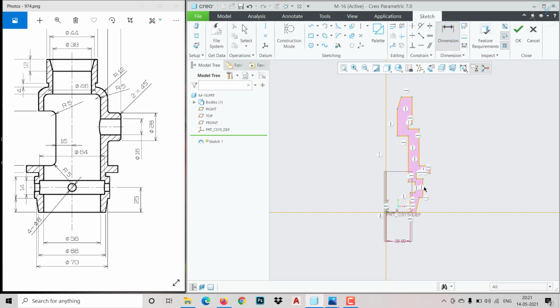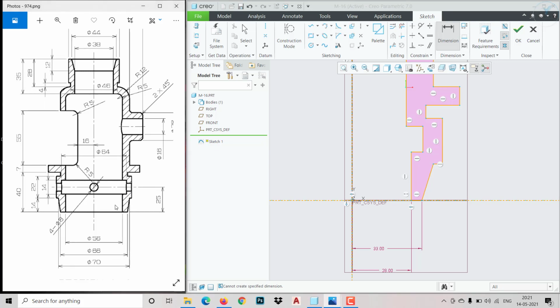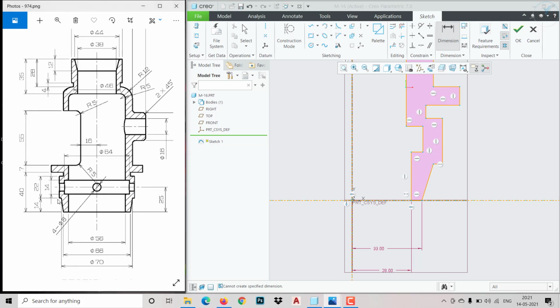Let me start from the outer. Here it is 28, and this one is 66, so that means it would be 33 from here to here. Let me make that, and the center line I can't do now. You can see this distance from here to here is 22, approximately 22 it is coming. Then from that to the bottom part, from here to here, it's 14. Okay,